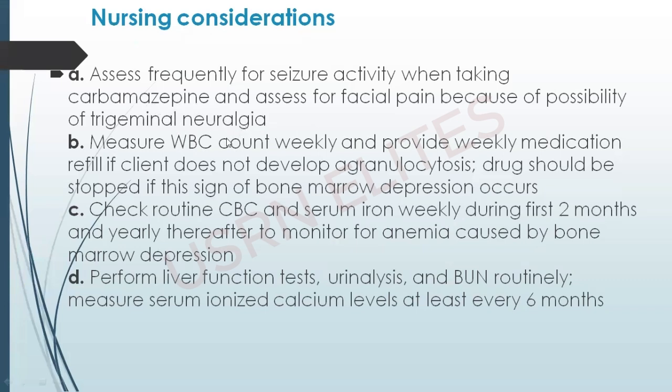Trigeminal neuralgia. You know the trigeminal nerve, right? It's part of the cranial nerves, nerve 5. It innervates the face. It has three divisions, that's why it's called a trigeminal nerve. We have the ophthalmic nerve, the maxillary, and the mandibular. So those are the three divisions of the face.